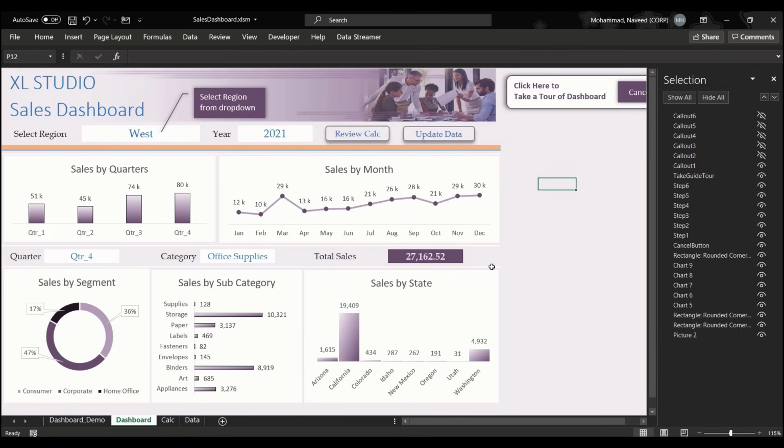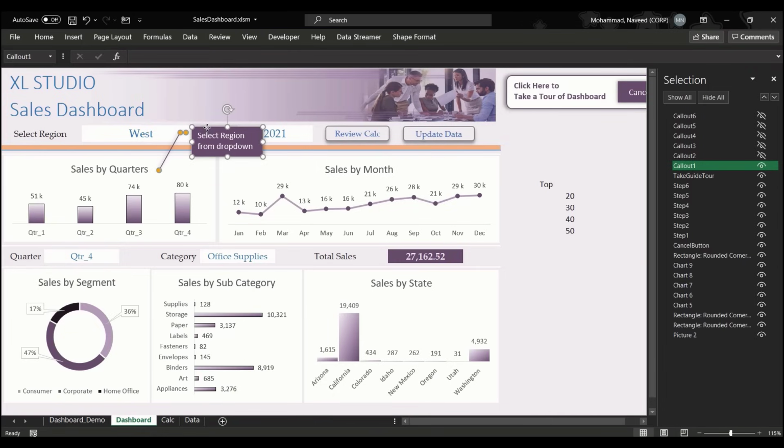Here we'll use the top position. Assume that the top position of this shape where we have placed the callout is 20. This is my original position. To give an animated look, we'll increase it to like 30, 40 and 50. When we set the top position of this callout, it will be somewhere here. And slowly we'll move it to 40, then 30, then place it at the original position,